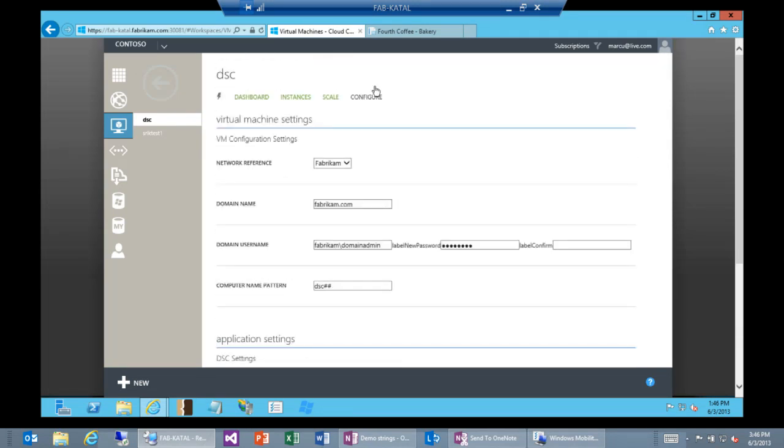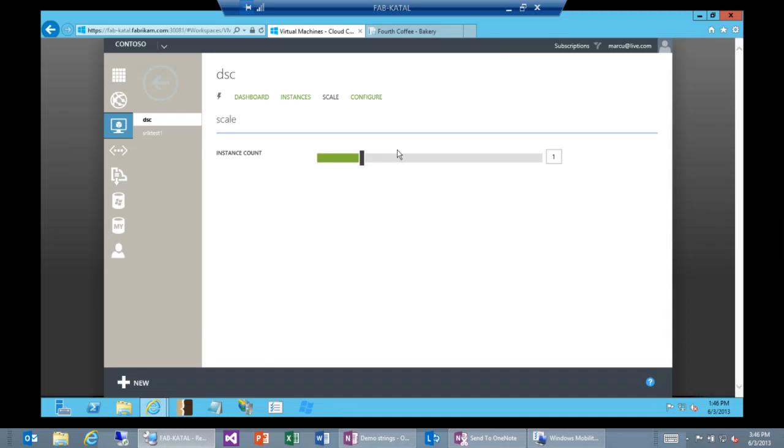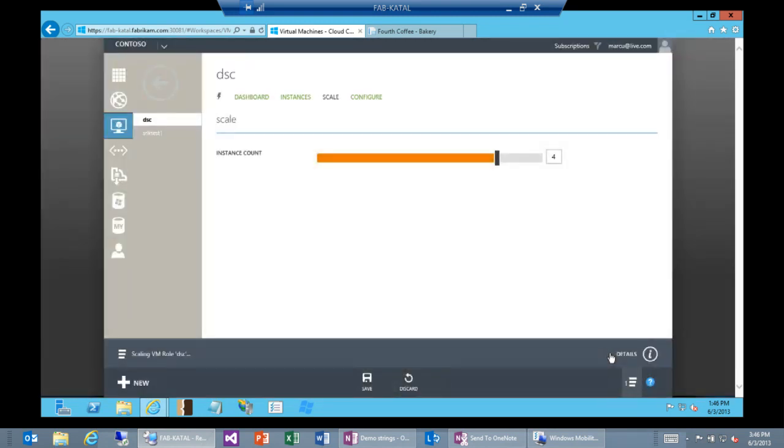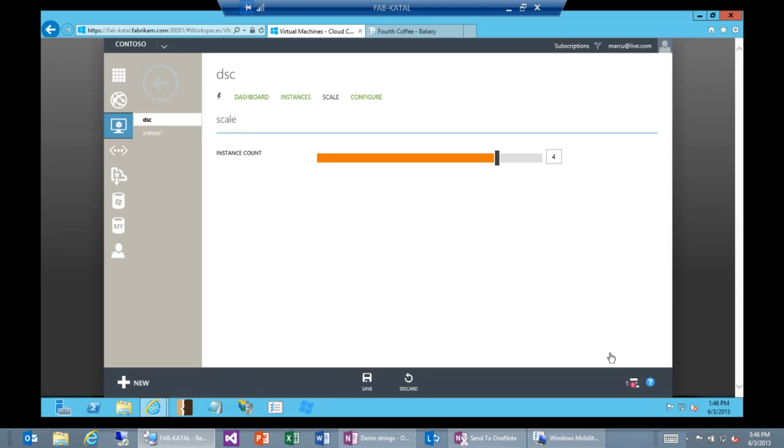So what you can do then is go here to the Scale tab. I created one. I just want to have 3 more websites. I just click that one. Yes, I do want to scale out. So now what it's doing is creating the VMs. As soon as the VMs boot up on my domain, they'll take these artifacts, pull them down, and apply the PowerShell configuration to every VM as it's scaled out in the cloud.